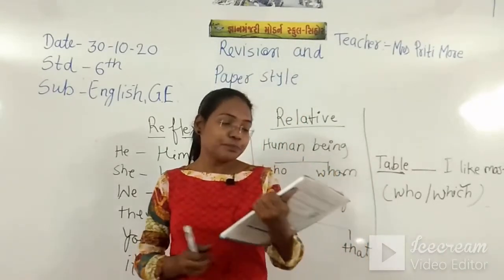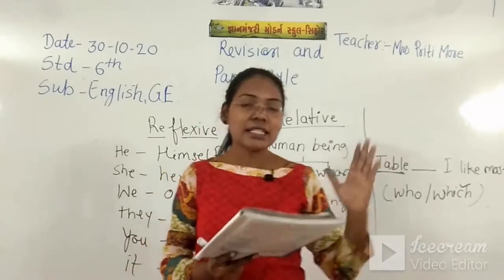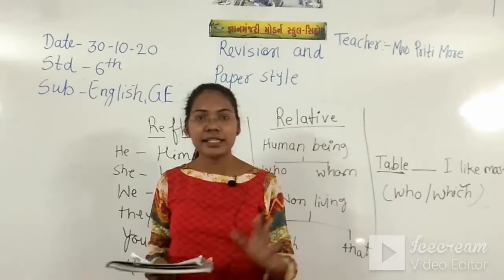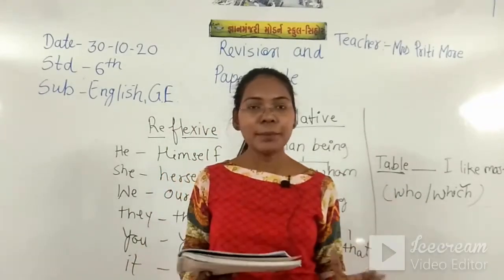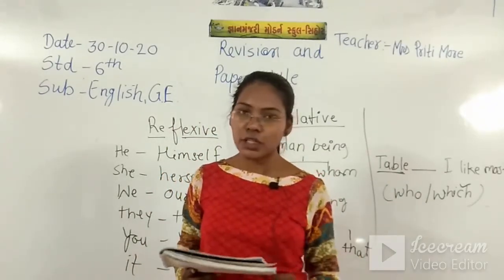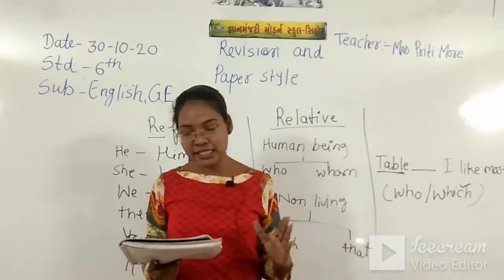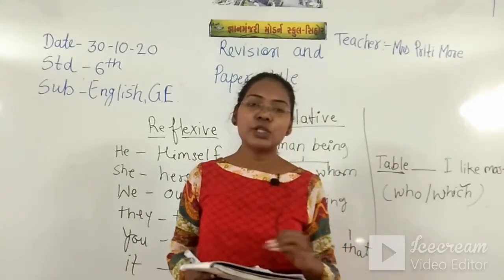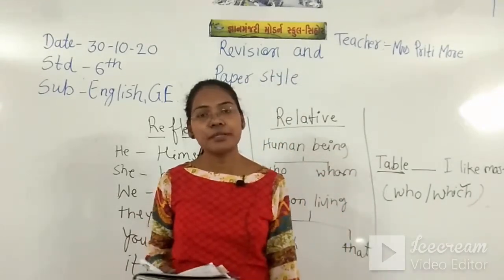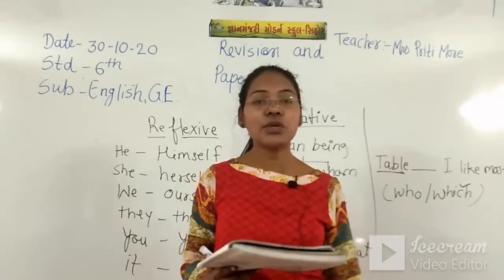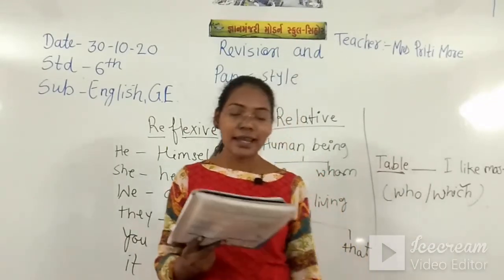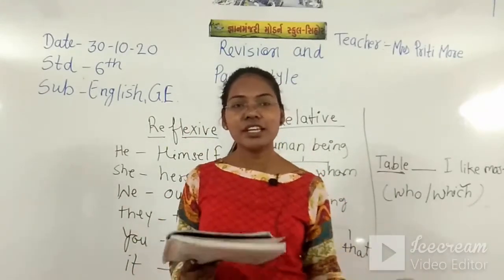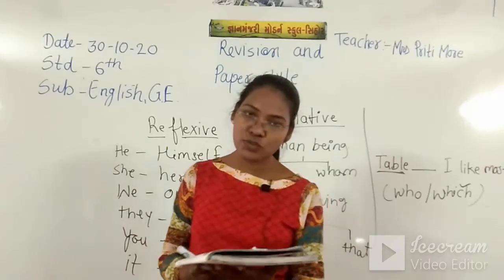So there are 6 types of adjectives: qualitative adjective, quantitative adjective, adjective of number, demonstrative adjective, interrogative adjective, and possessive adjective. Now what is a qualitative adjective? Qualitative adjectives describe the physical features of particular things, like long, beautiful, amazing, wonderful. In the quantitative adjective, we can see words like much, enough, many, few.